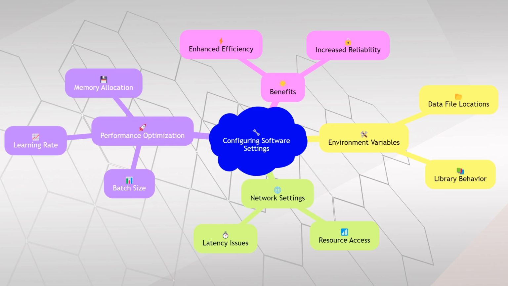Configuring software settings is another critical aspect of environment setup. This includes setting environment variables, configuring network settings, and optimizing software for performance. For example, you might need to set environment variables to specify the location of data files or to configure the behavior of certain libraries. Network settings might need to be adjusted to ensure that the job can access necessary resources